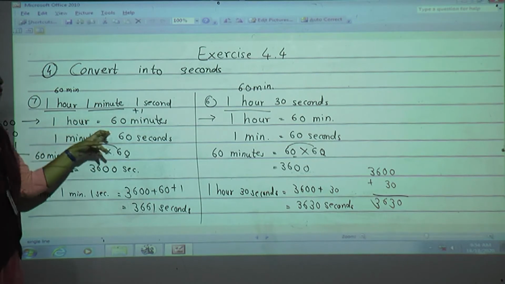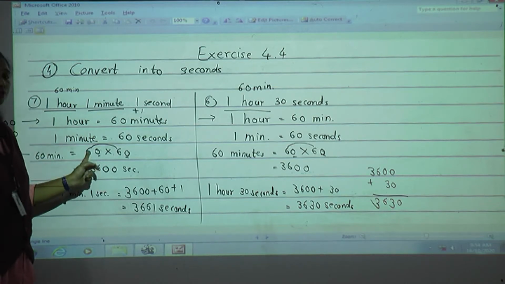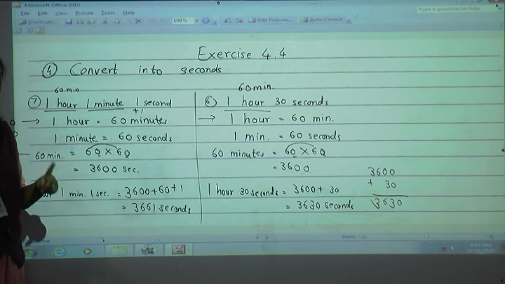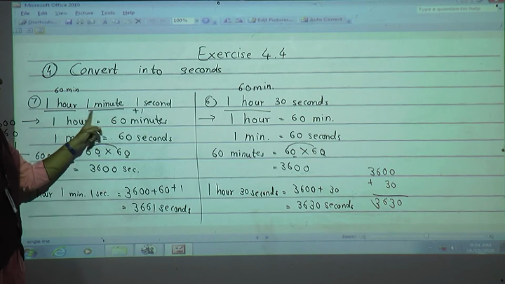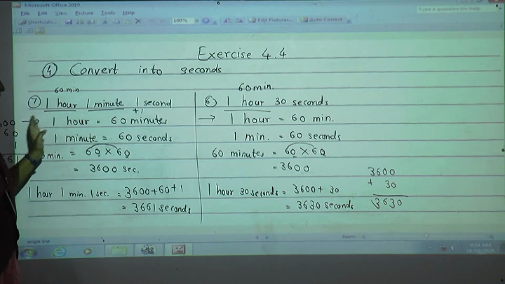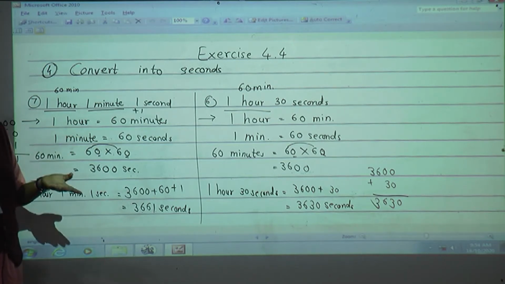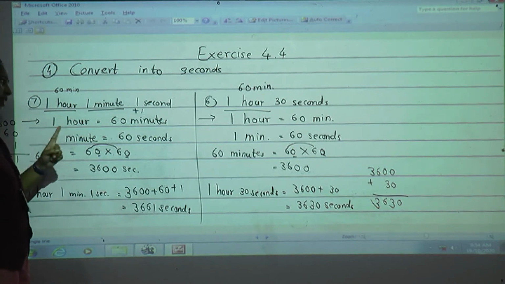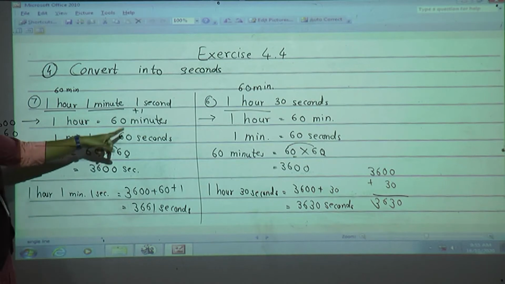So, 1 hour is equals to 60 minutes. Now, 60 minutes I convert into seconds. See here, when you want to convert minutes into seconds, we have to multiply by 60. So, 60 multiplied by 60, we get this. Now, 1 minute. Why have I not converted again? Because if they had given more minutes, we could multiply by 60. Already they had given only 1 minute, so 1 minute is equals to 60 seconds. So I have written as it is.